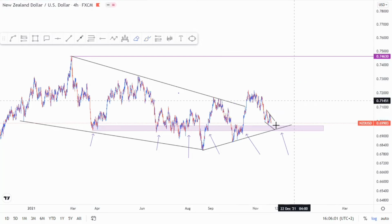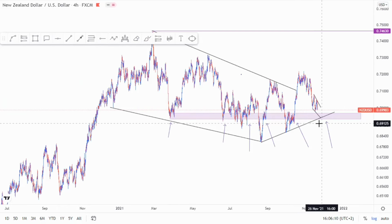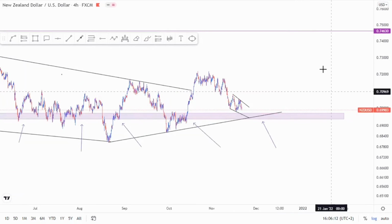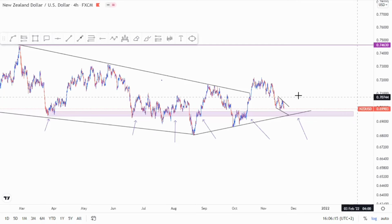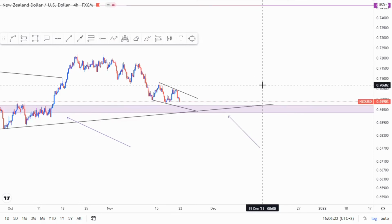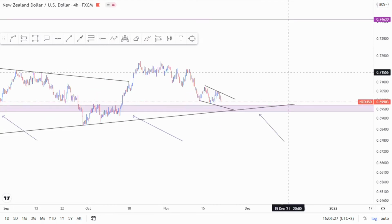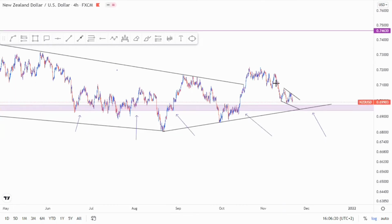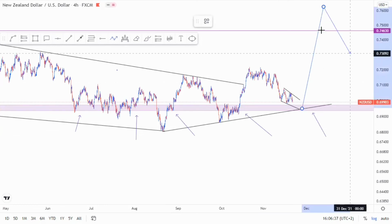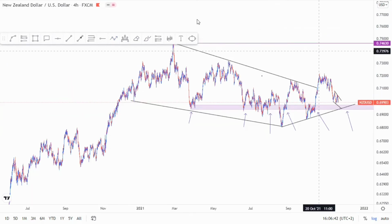As soon as price comes here, I'll be looking for buying opportunities with a stop loss just below the zone, because we all know that the market always goes for stop hunts or consolidates for the longest of times. But as long as we know the direction, we just have to be patient enough to enter the trade to capitalize on this possible long bullish run to the upside, hopefully to break this high and go to the upside for the long term. And now let me go to the next pair, which is